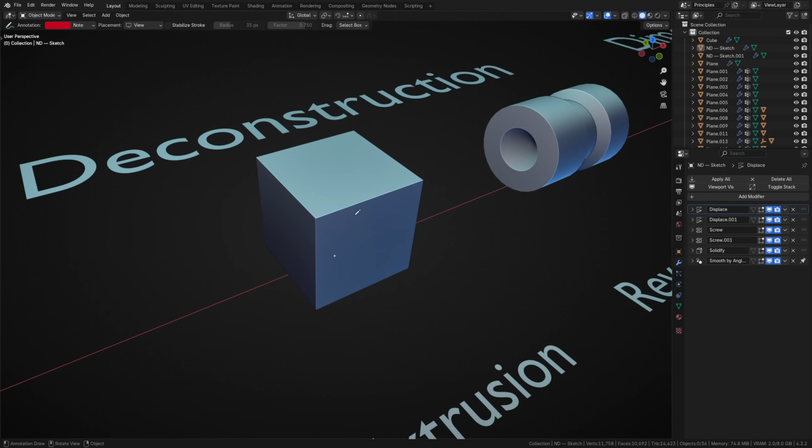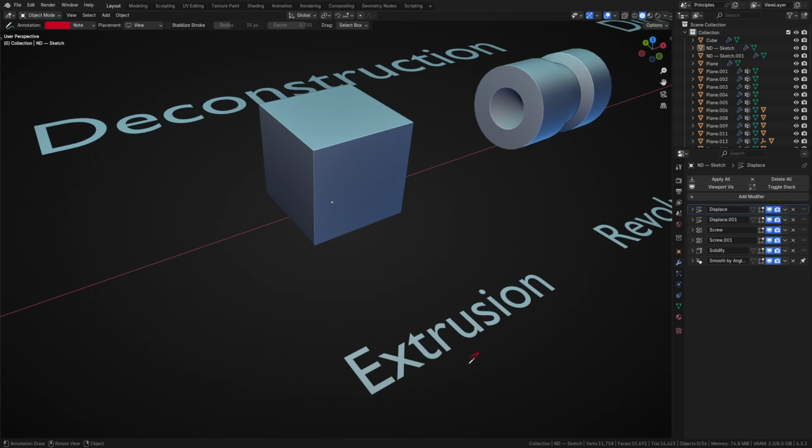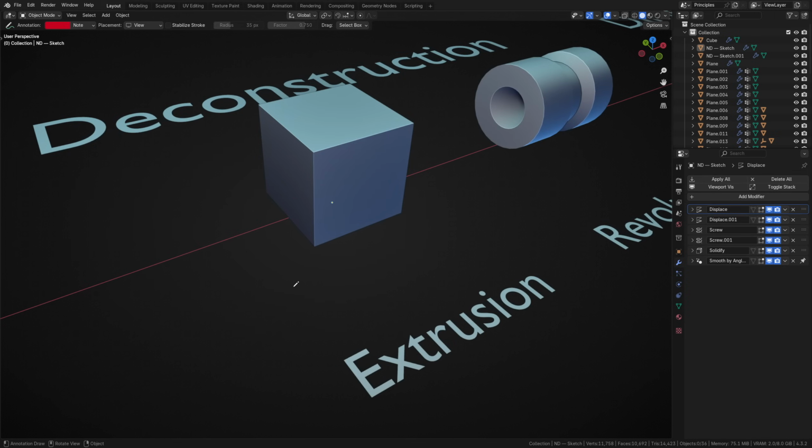Here, we'll demonstrate one typical operation in constructing geometry, extrusion. Extrusion, simply described, is the act of pulling or pushing geometry in a particular direction, creating new geometry in its path.